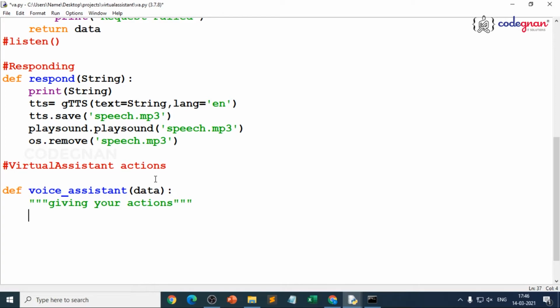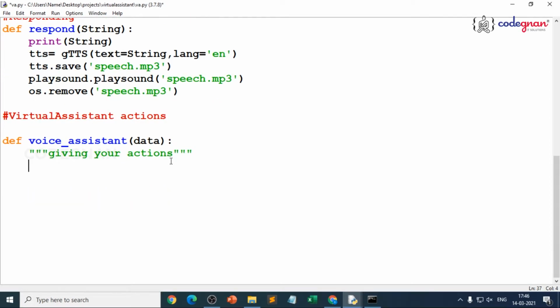But whatever we speak, that should respond back, right? That's what the respond function is doing with the help of Google text to speech. So we'll write multiple conditions. Believe it or not, we'll be using only if conditions. If we are having how are you, just make sure the cases are proper, because we are just training it properly.